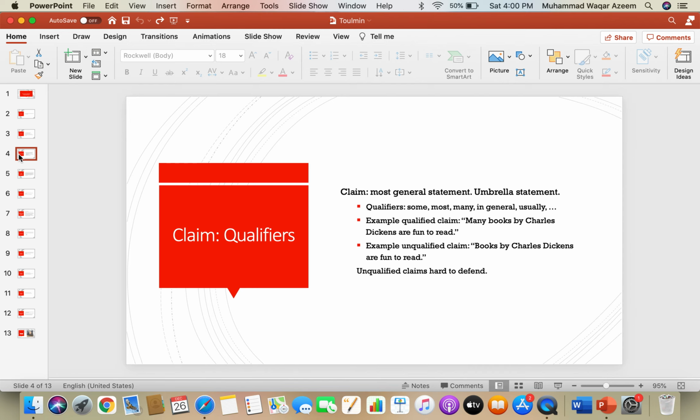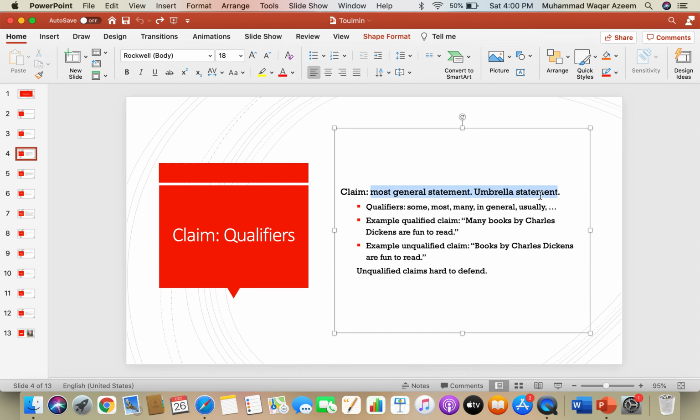The first part of the argument is a claim. So what is a claim? A claim is the most general statement or umbrella statement in an argument. It is a thesis statement, so to say, in an argument. Or in other words, a claim is a statement in which the author gives their own position related